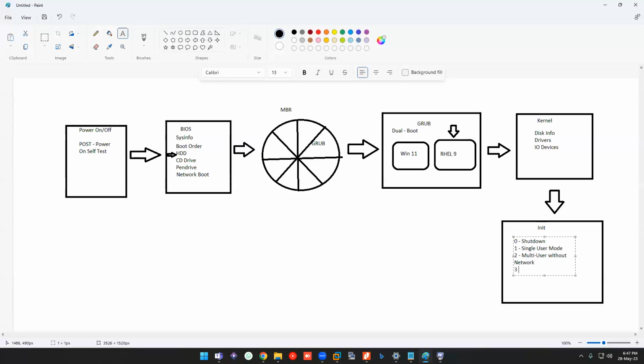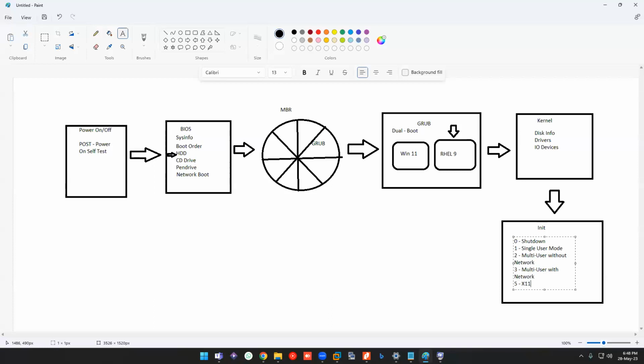Option 3 is the most used one. In your production servers or in your company, anywhere, you will be using multi-user with internet or network. Option 4 is not used, so you can ignore that. Option 5 will also be a useful one.